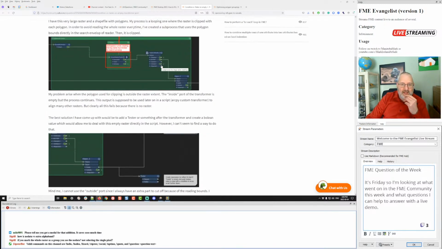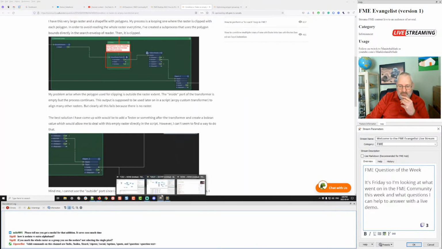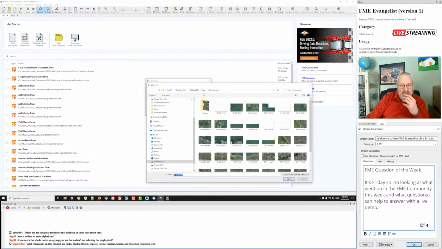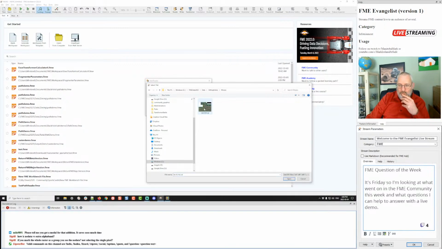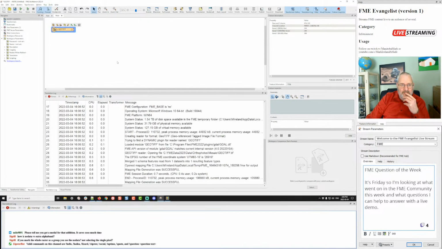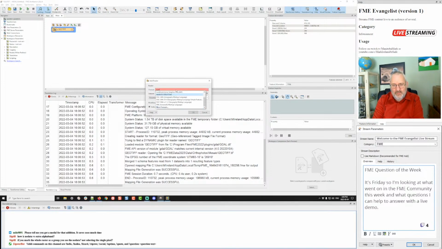Because I don't think FME actually does anything to a raster. Even if you read it, it won't do anything to that raster until something happens to make it need to be read, to be processed. So for example, I have this mosaic data, and I've got all of those parks again. Let me add the parks data back in. So say I wanted to clip